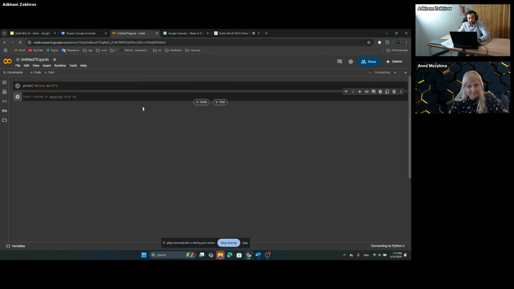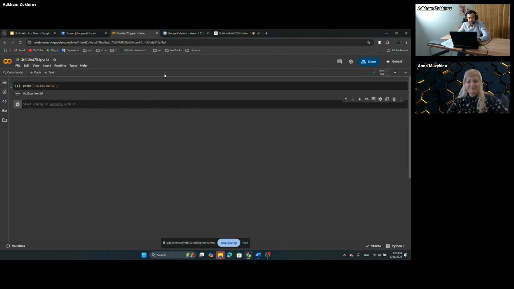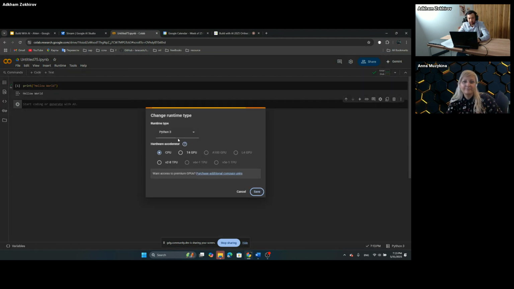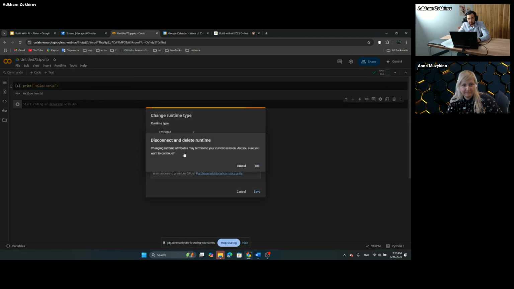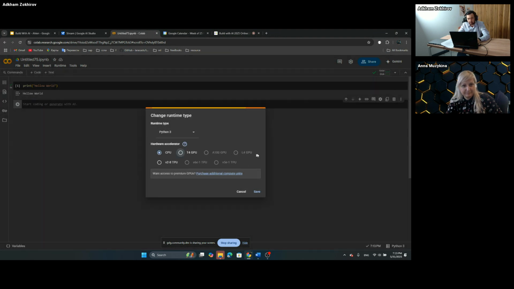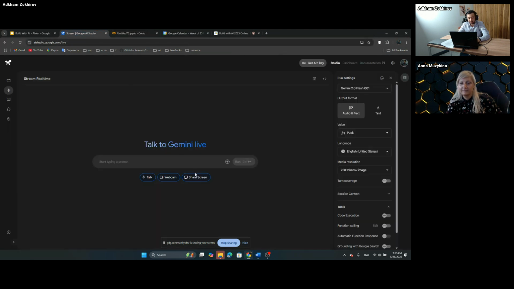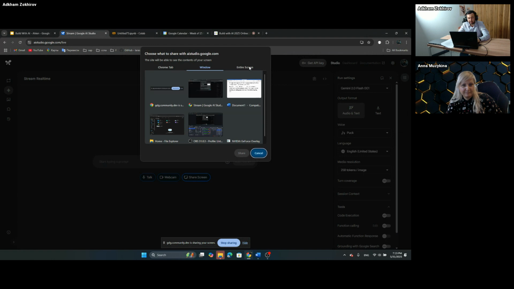For those who haven't tested or used Colab, it's a cloud platform where you can run your Python scripts easily, and you can also get GPUs and TPUs free of charge. You can change your runtime and select the GPUs, etc. It's free, and you can train your models as well. Here you can see I wrote a simple script, and let's start sharing our screen,